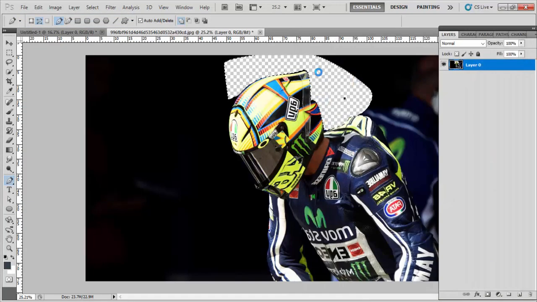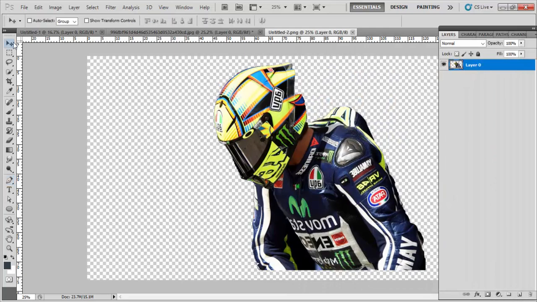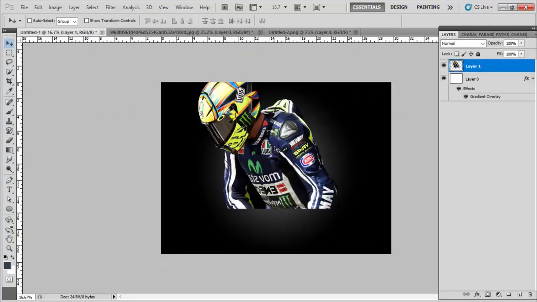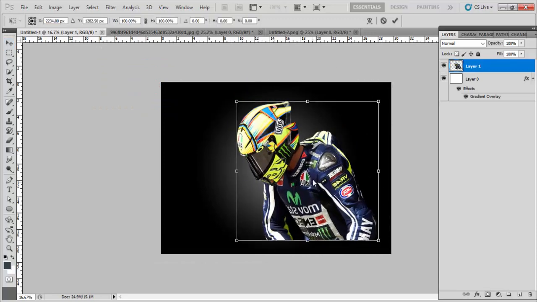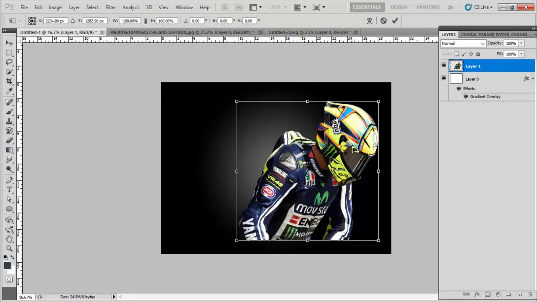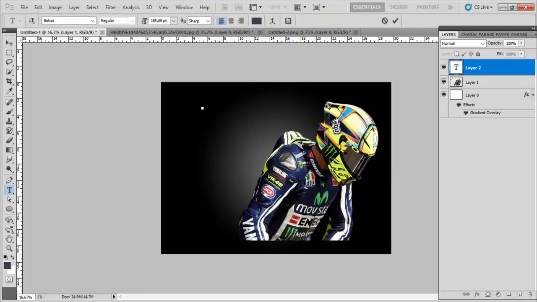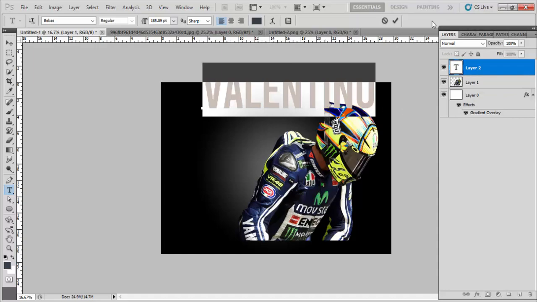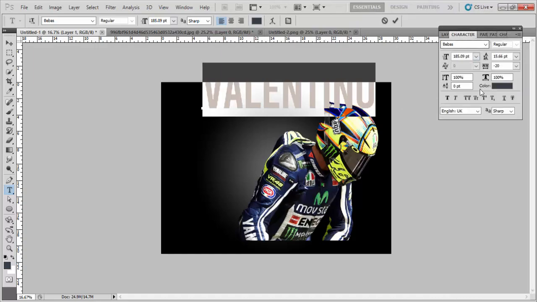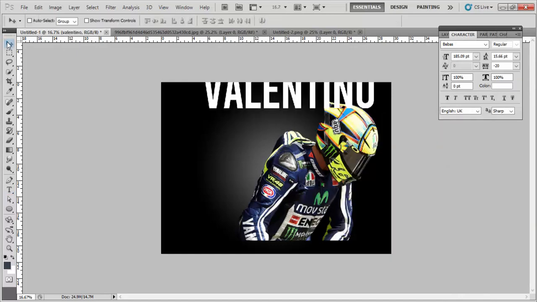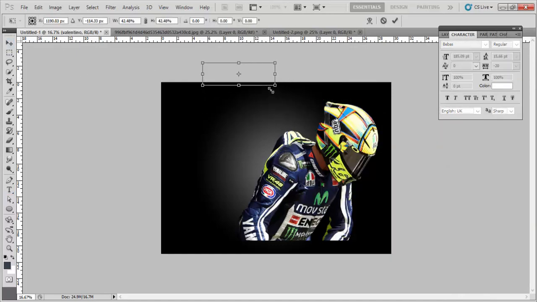So it is here. Okay, so I'm going to just take this into my working file. Then I'll just make it horizontal. Then I'm going to write a text, Valentino. Okay, let's change the color of the text. Now resize it.